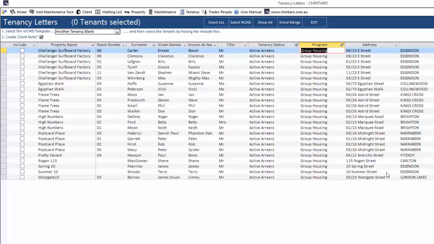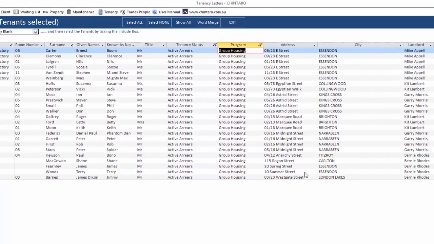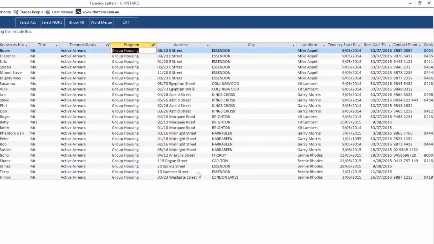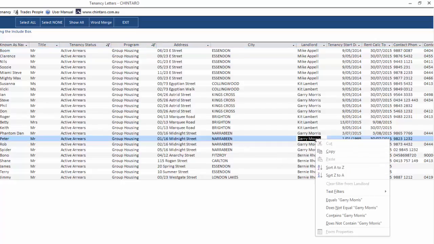We may want to send a letter to those tenancies managed by a particular tenancy manager, and we could filter this list further using the same techniques. Let's say that we want to send a letter to all of the tenancies in our group housing program who are managed by Gary Morris. We would right-click on any entry with Gary's name, select Equals Gary Morris,